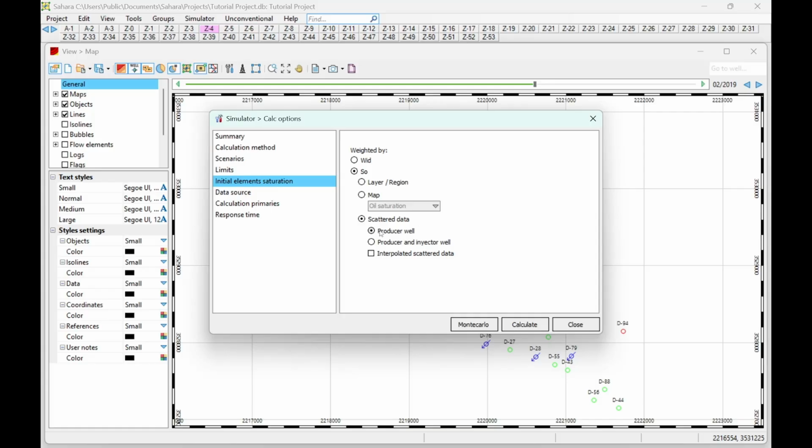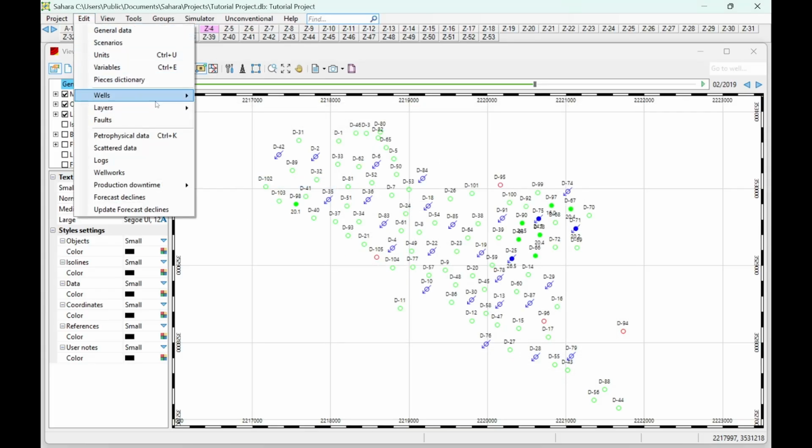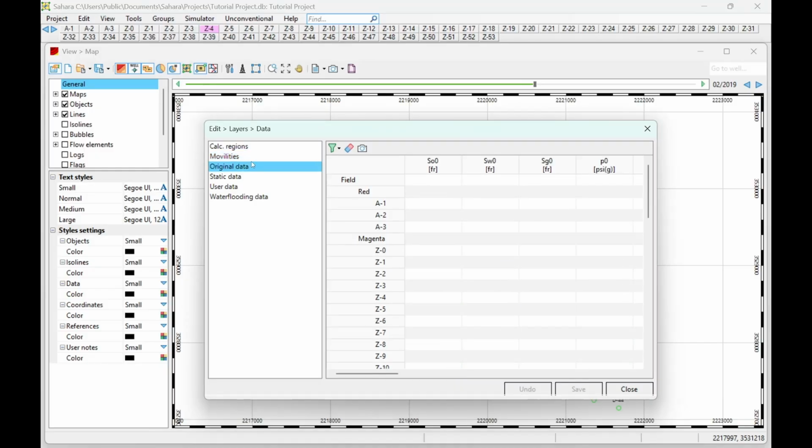So in this case, you can use scatter data that is going to be the result of this tool to calculate the initial saturation of the elements at the start of the secondary recovery. But for now, we will use this more simple option and just use the layer information that's directly loaded at the layer level. We can review if this information has been loaded here, layers, data, and check for the